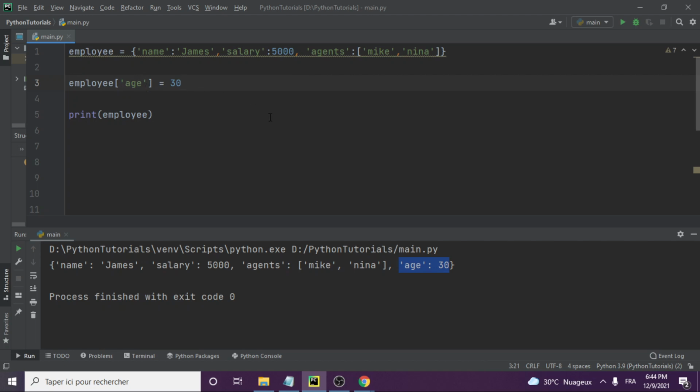Okay, and then now, what if, for example, we say the salary is not 5,000, the salary is 6,000? What do